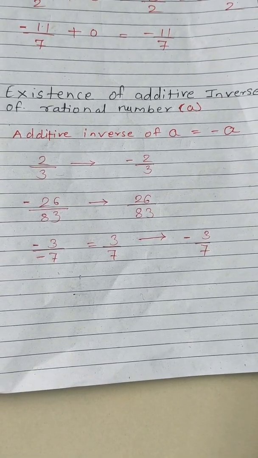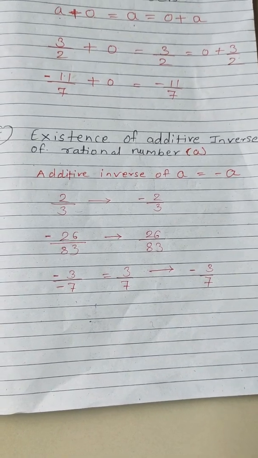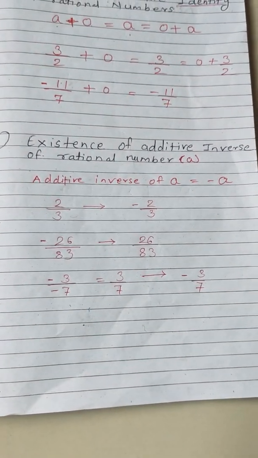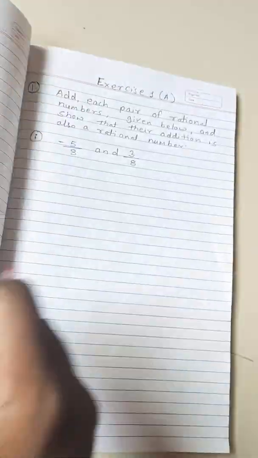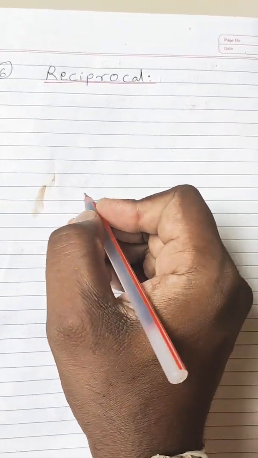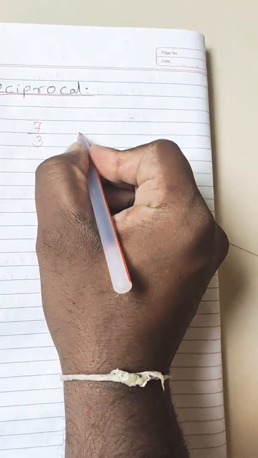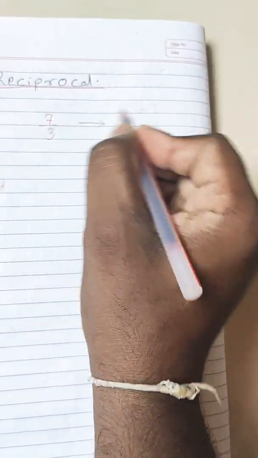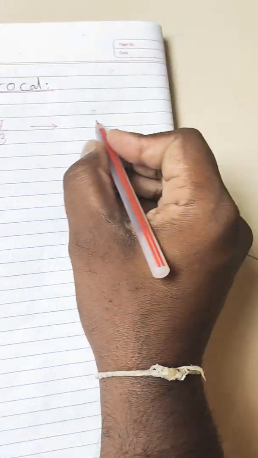Is that clear to everyone? All of you understood the meaning of the additive inverse? Whatever the rational numbers are given to us, we just have to change its sign. Okay? Is that clear? Okay. Now the next is the reciprocals. Already we have learned the reciprocals in our lower classes as well in the form of fraction. So see what we have to do. If 2 upon 3 is there, its reciprocal is just change numerator to denominator and denominator to numerator, means it will be